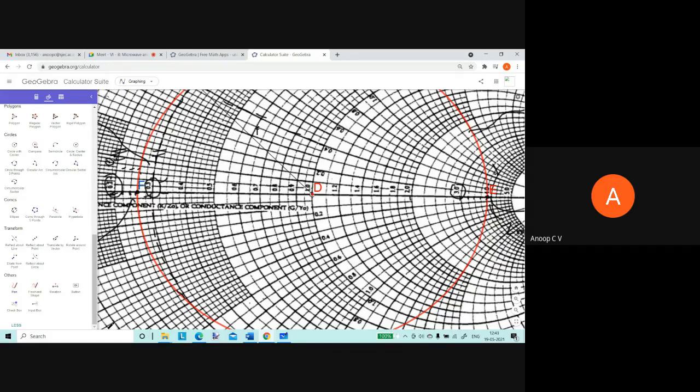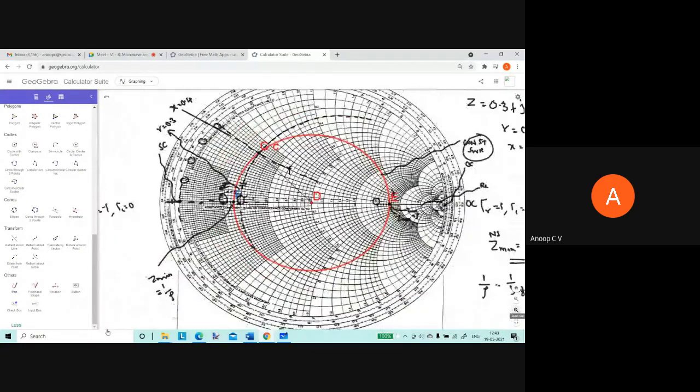So Z min we are getting, Z min is equal to 0.26. We are getting it correctly. Z max and Z min, that will be equal to 1 by rho. Did you get how we found this? What we have to do is find where it intersects with the real axis, and at that point the R value is what we have to find.